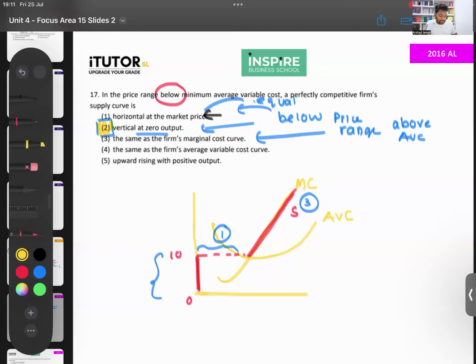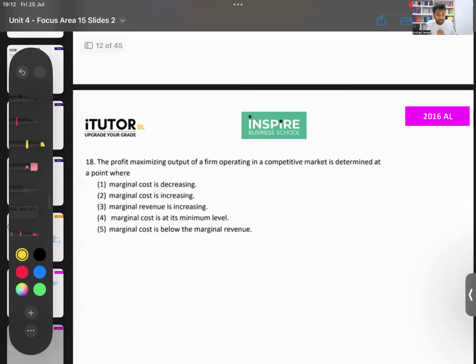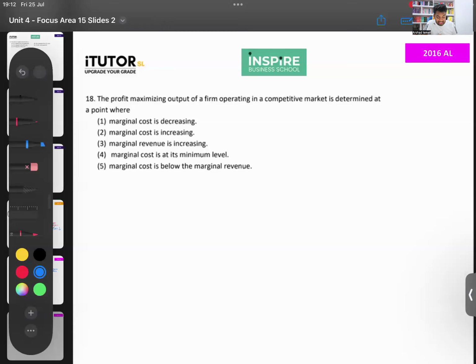Then going into the next one. 2016 A-levels question number 18. They're saying the profit maximizing output of a firm operating in a competitive market is determined at a point where, this is easy, at a point where what? Marginal cost is decreasing, marginal cost is increasing, marginal revenue is increasing, MC is at its minimum, marginal cost is below marginal revenue. So they're asking for the profit maximizing condition, which is where MR equals MC when MC is